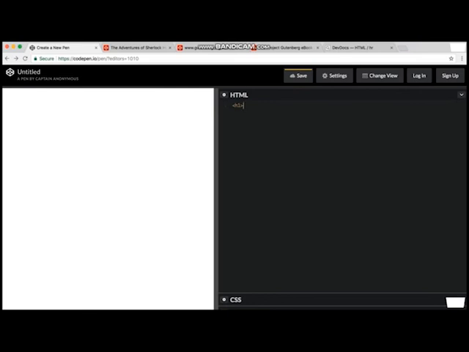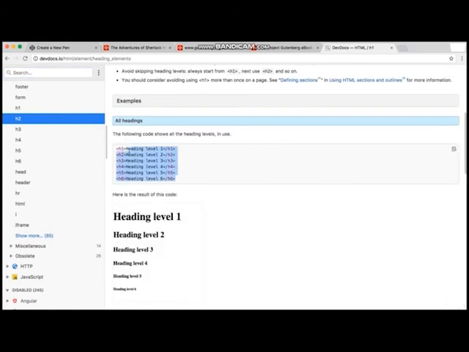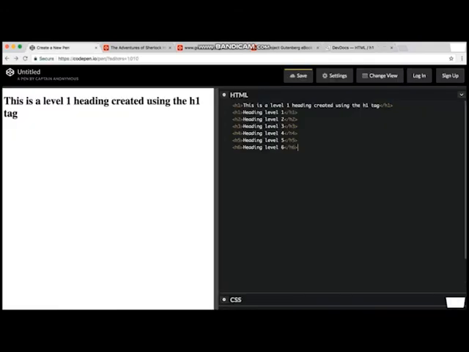And I want you to document here all the new things that you have learned as we progress through the course. So for example, in this and the last lesson we have learned about the h1 tag. So in our code playbook, the first thing that's going to go in is your h1 tag, and you can say that this is a label: one heading created using the h1 tag. Go ahead and close it off, and you can look through the documentation to perhaps copy some of these code snippets over, but make sure that